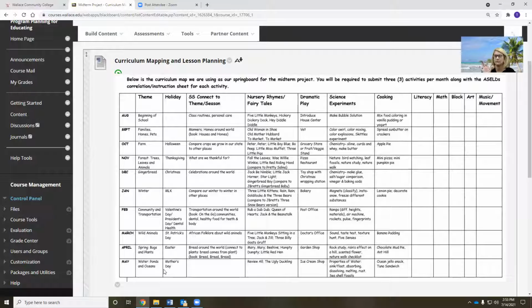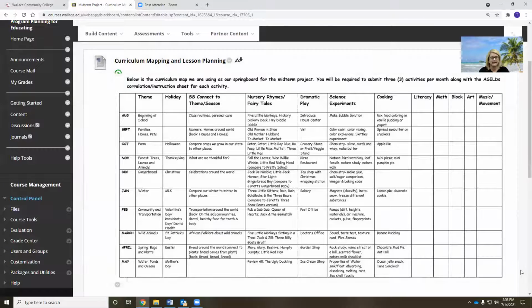So if you know if you've done 3 or not, be prepared to make sure you have 3 activities for every month. Sometimes when you get here, some people may share the same activity as you. So if I were you, I'd have a few backups planned, so that I can make sure that I have 3 that I can list that are separate from any that anyone else has done. But here's the map. It's basically the same thing that we have hanging on our wall, just in a typed